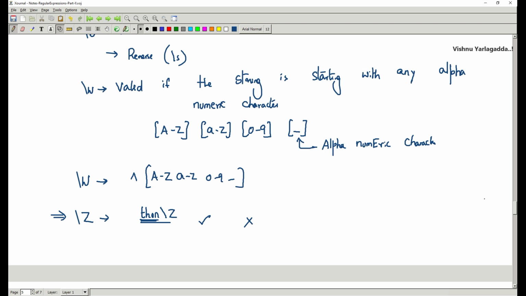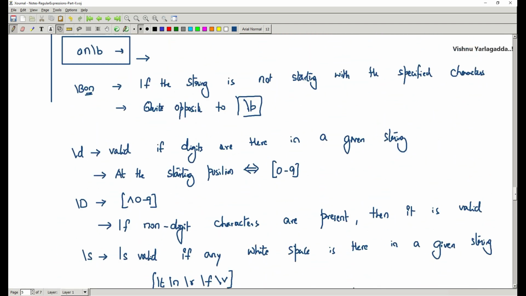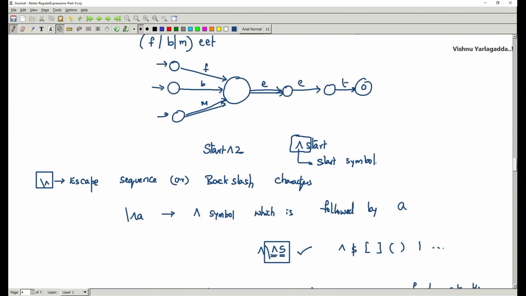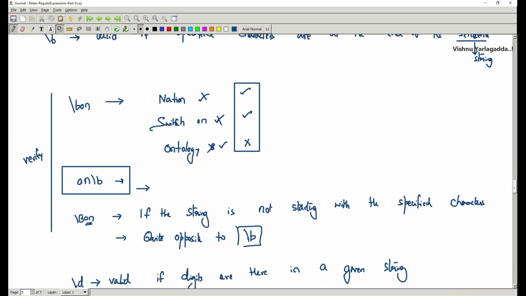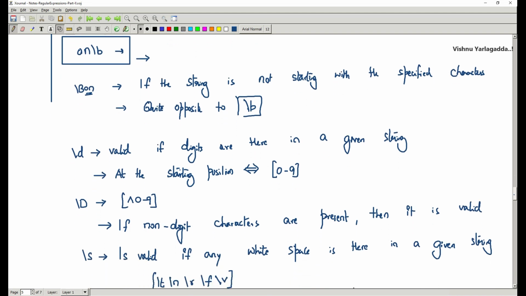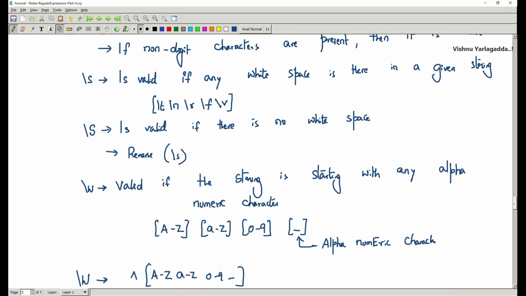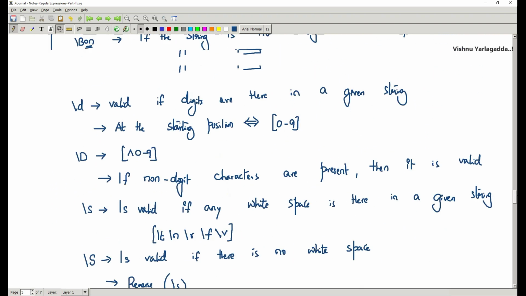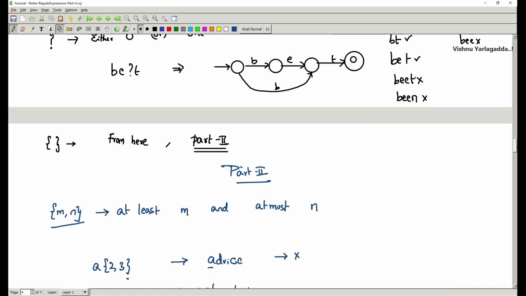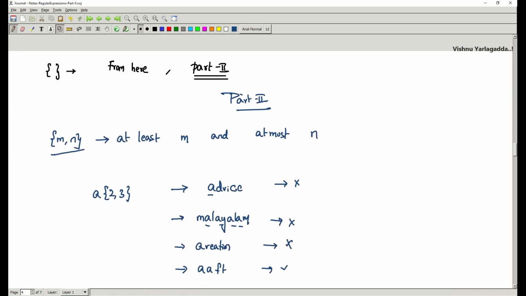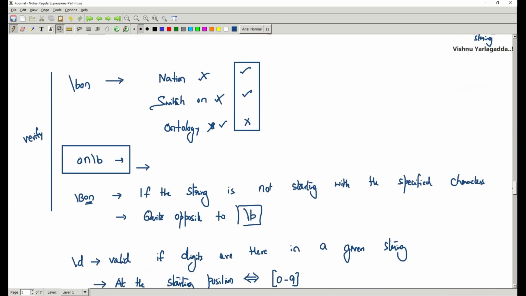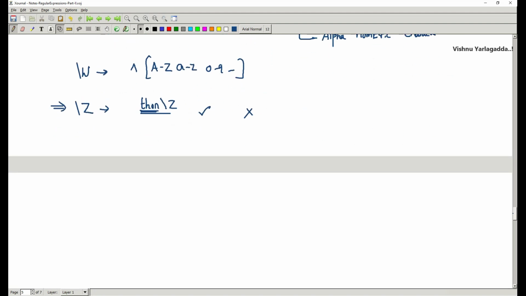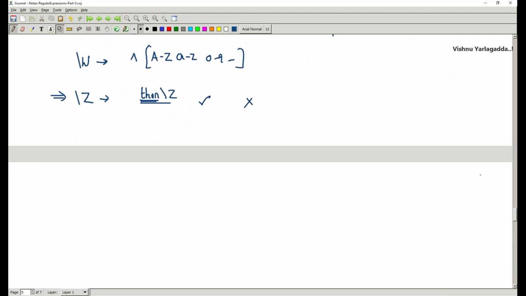So these are some backslash characters. However, they are a little tricky. You have to practice a lot. I would like to inform you that there are certain backslash characters like \b, capital \B, \d, capital \D, \s, \S, \w, capital \W, and \Z, along with groups and branches, at least and at most. So this is the session which covers this part. Next session we shall work on strings. Thank you for watching the video.